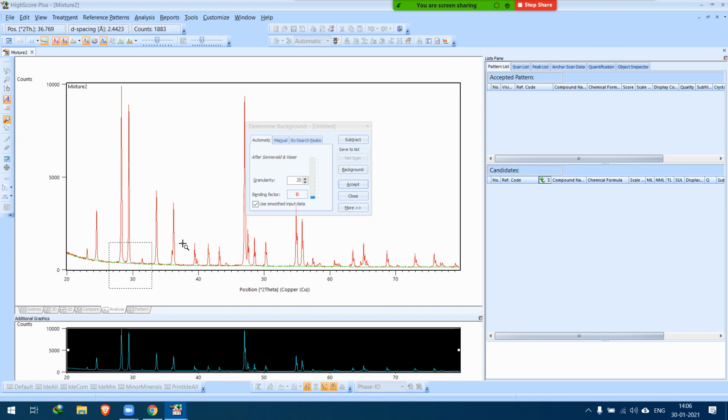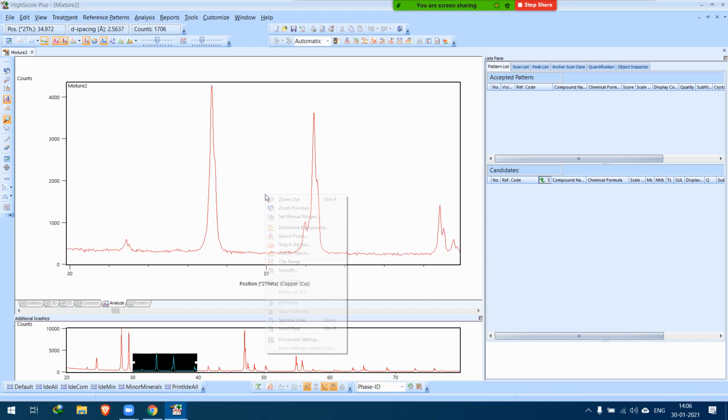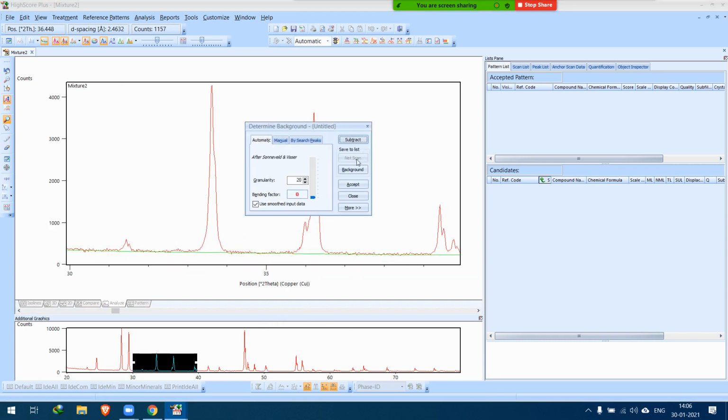If you zoom in and go to Determine Background, you will observe that if you increase the bending factor, this background goes inside. And granularity is the distance between two different points. So if you have higher granularity, you have fewer points on the 2 theta axis.